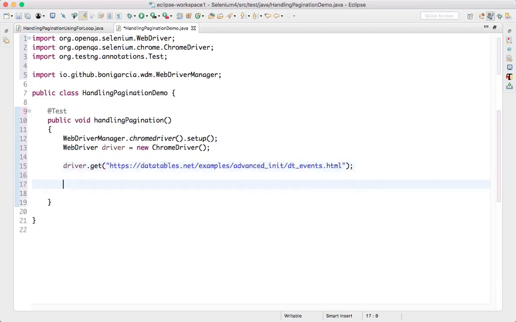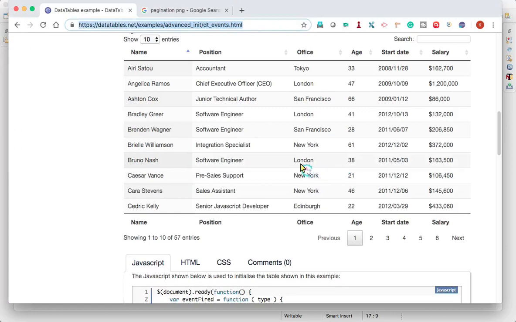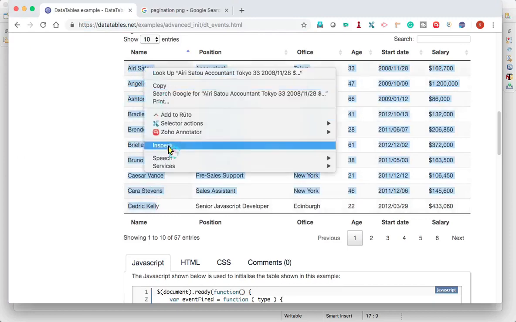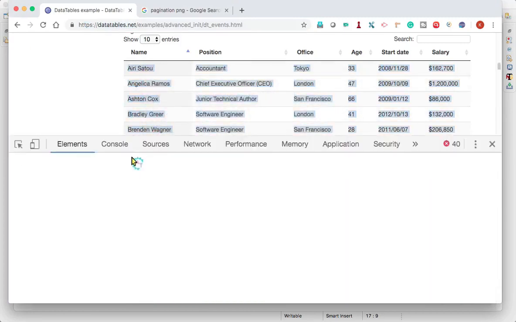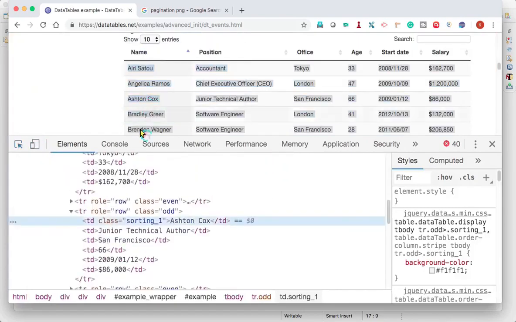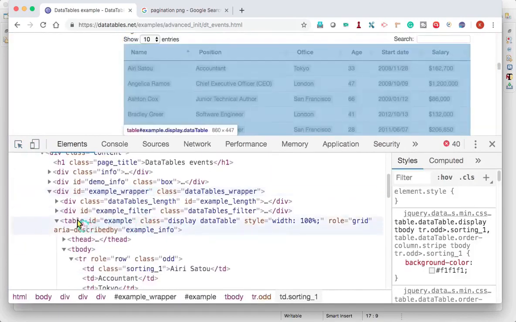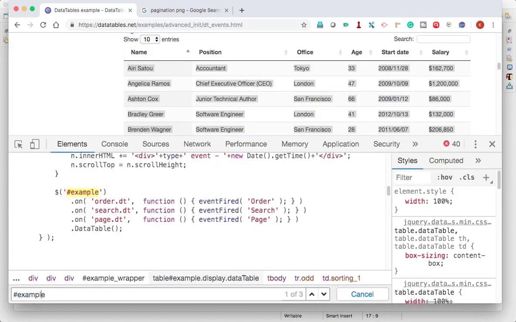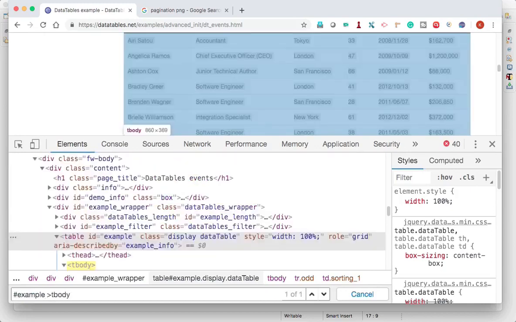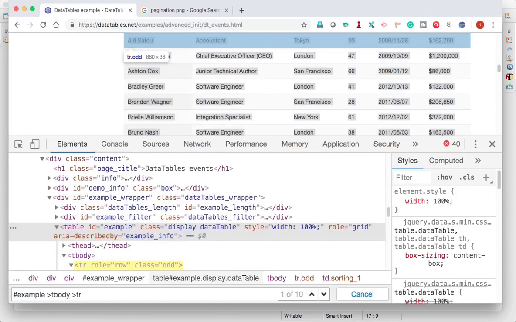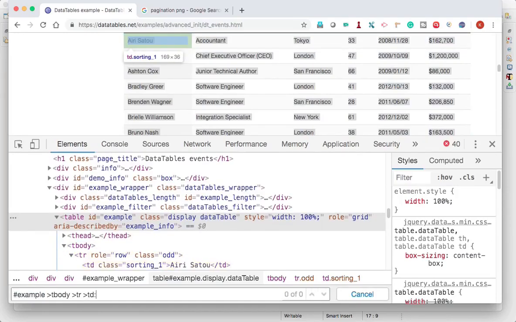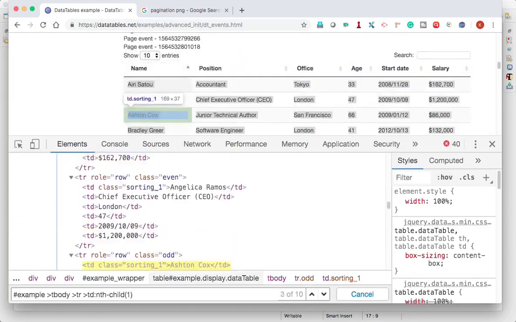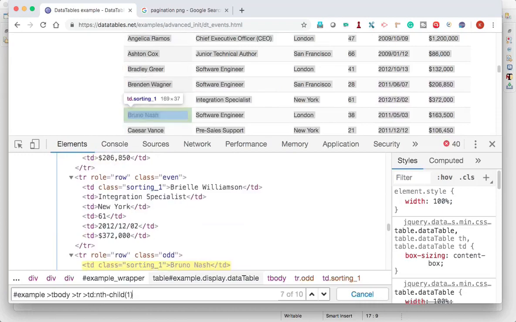Okay, so now what is the logic? First, we need to find all the names. How will you find all the names? Inspect. It is inside this table, the table with id example. Inside that you have tbody, and inside the tbody you have TRs. You have 10 TRs. Inside that, td:nth-child(1). This locator will give me all the 10 names. By using this locator,